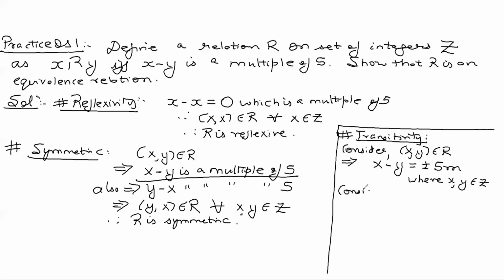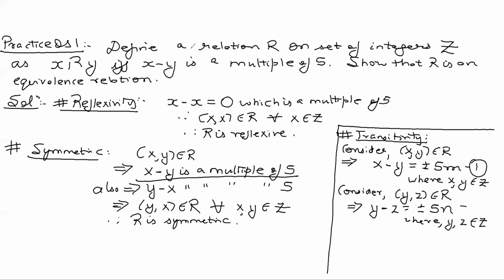Consider (y, z) belonging to R. It implies y minus z is also a multiple of 5, so plus minus 5n, where y and z are integers. Now guys, if I add 1 and 2, adding 1 and 2,